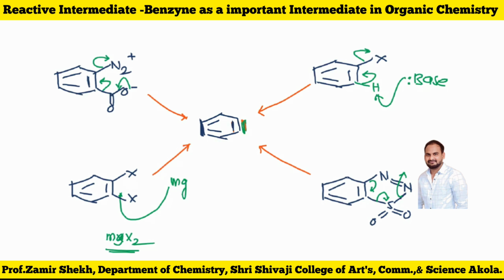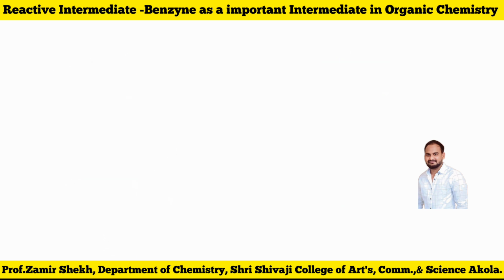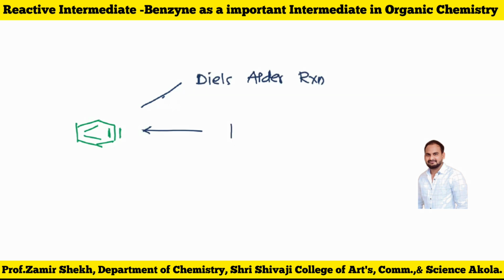Okay, so these are the various reactions, and you know the applications of benzyne. So benzyne works in two important reactions. Suppose this is my benzyne. It participates well in the Diels-Alder reaction, or one can call it an addition reaction. This is the Diels-Alder reaction. We can also add a nucleophile onto it and you get the substituted product. Example, this one. Look at this one. Okay, in the Diels-Alder reaction, this benzyne works as a dienophile, while in the nucleophilic addition reaction, it can be used as an electrophilic reagent.